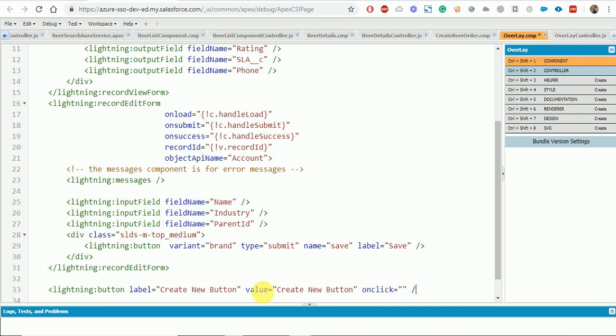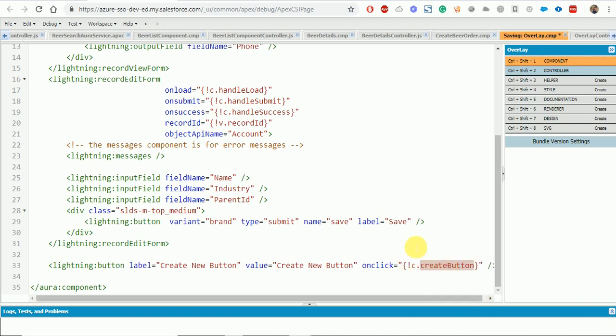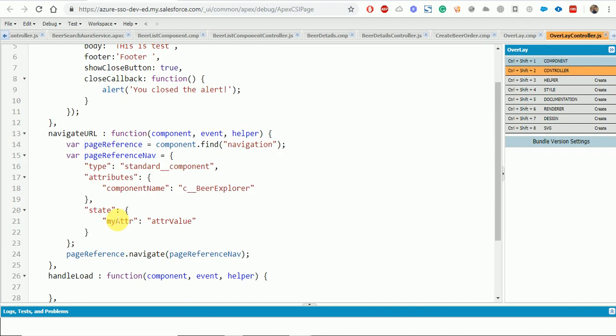On click, c dot create button. So let's go ahead and create a method,